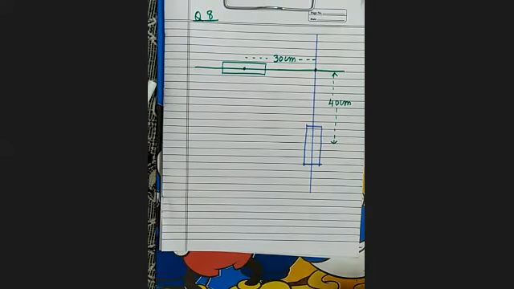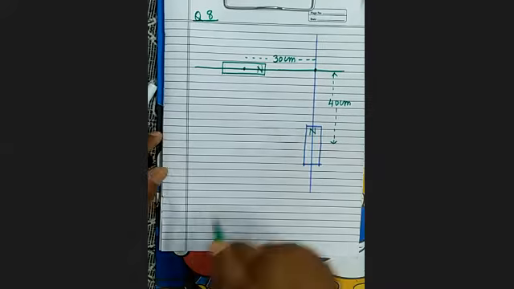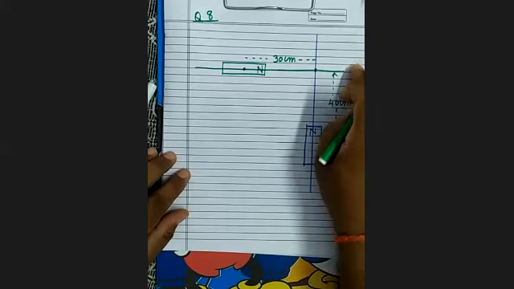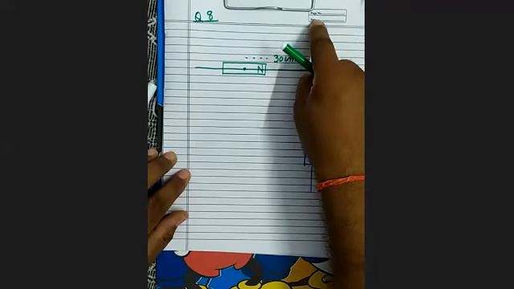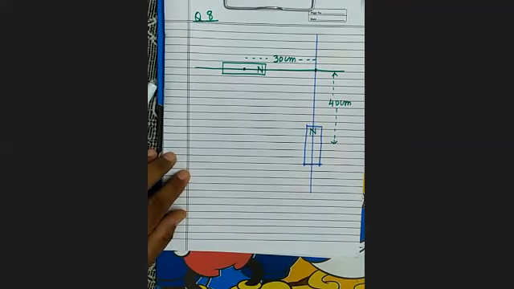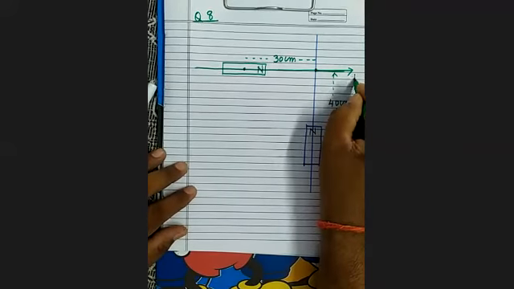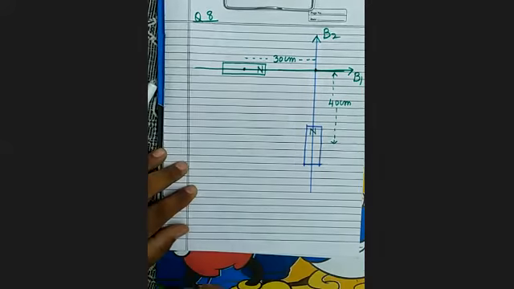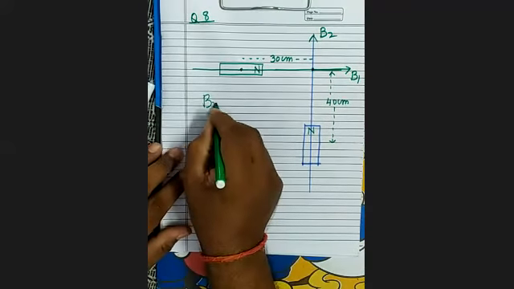So very simple. You take its north pole here, north pole here. Whether there is north or south, what will happen? One's magnetic field will be along this line, the other's magnetic field will be along this line. Both will be perpendicular to each other. So I have taken north, north. Here B1 will be in this direction, B2 will be in this direction. You find out B1 and B2 by using the previous formula.